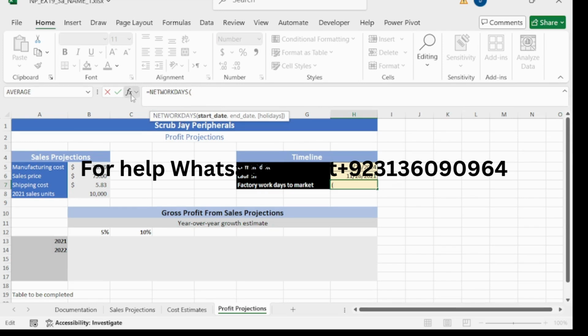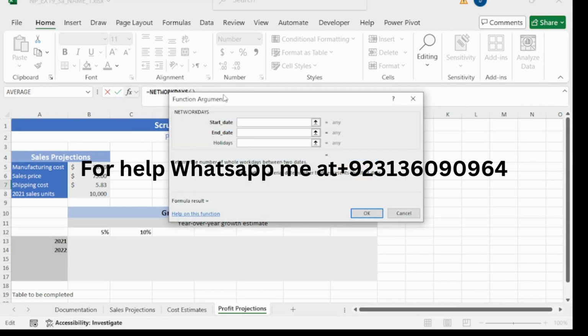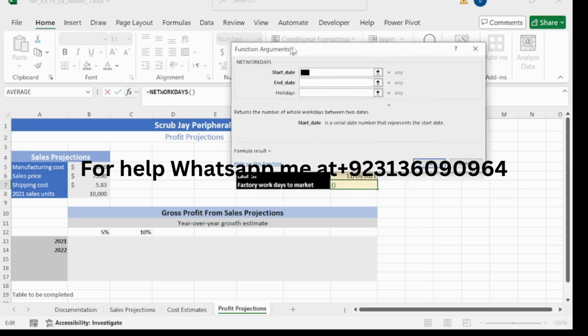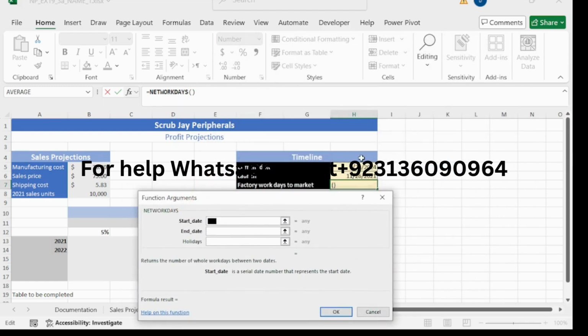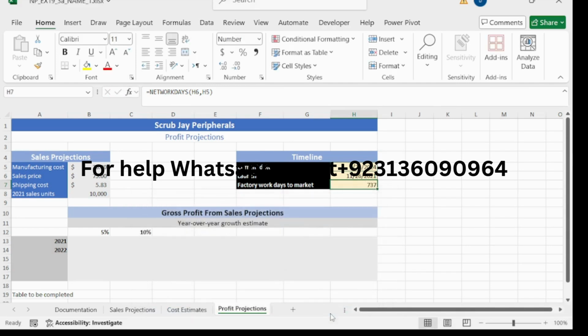No, sorry, insert function, and then our start date is H5. No, so your start date is H6 and our end date is current date, like this, and press enter. So we have completed our 10th step here.